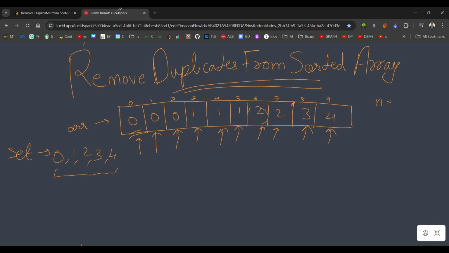And how many unique elements are there? Let's say the set, we are naming it st. So st.size will be having those unique elements, right? And now we have to place this in this array. So let's say I'm going to maintain a pointer, let's say ptr or i or j, whatever you want to take. I'm taking ptr, right? ptr equals 0 at first,